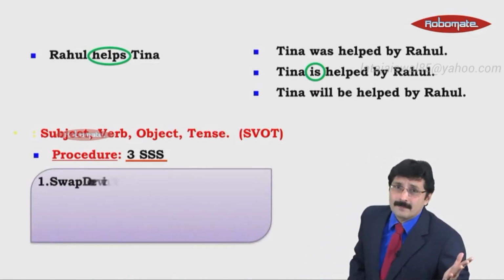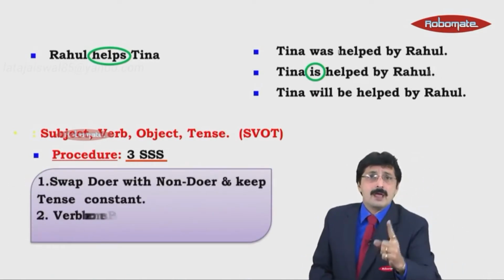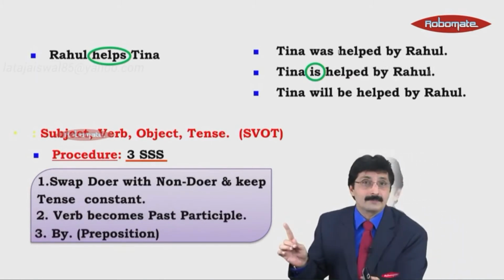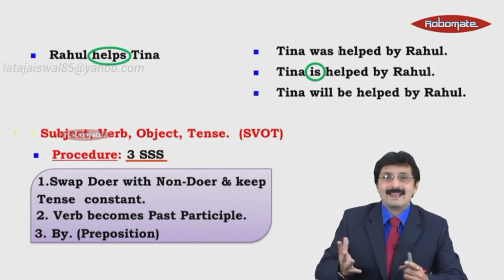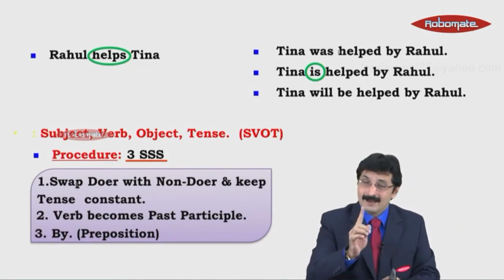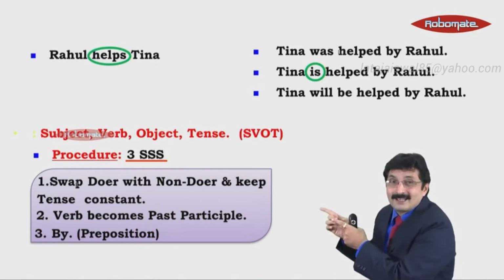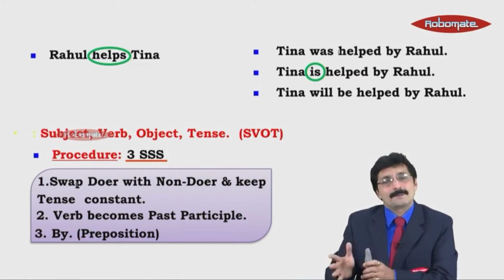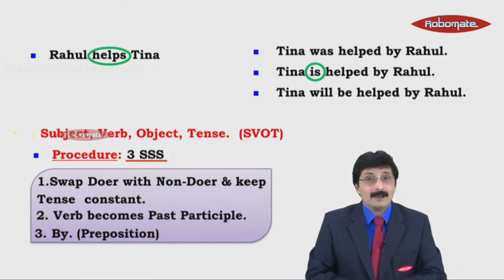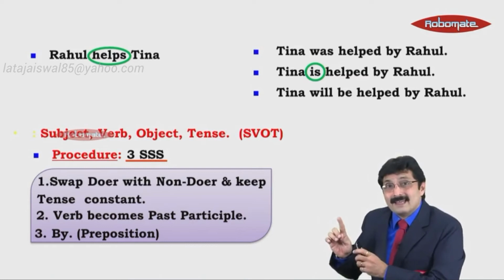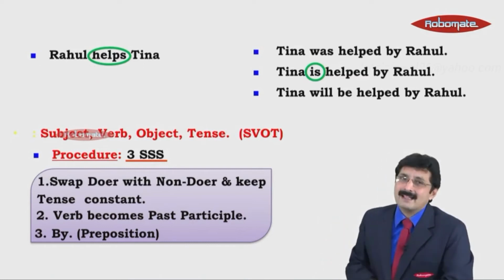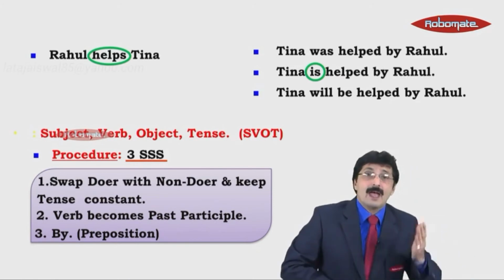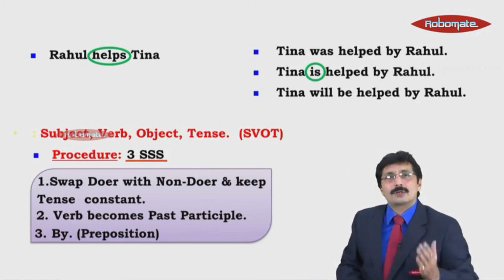Let's have a look at them. Here they are. Step 1. Swap the doer and the non-doer. As you saw here, we swapped Rahul and Tina. But important, keep the tense constant. Step 2, verb becomes past participle, helps became helped. The past participle is that form of the verb which ends in en, ed, ne or t. And step 3, the preposition. This is when you're changing from active to passive, and believe me, the same steps are going to help you